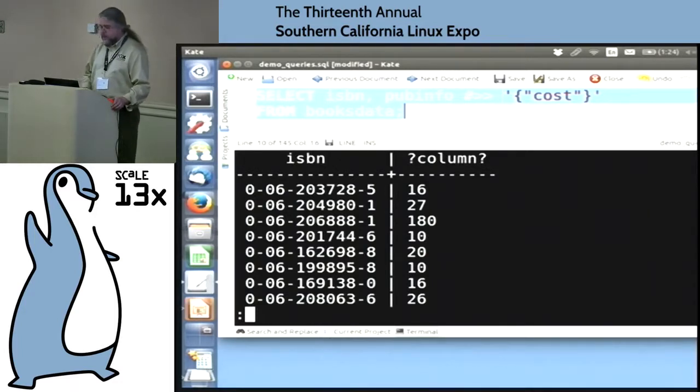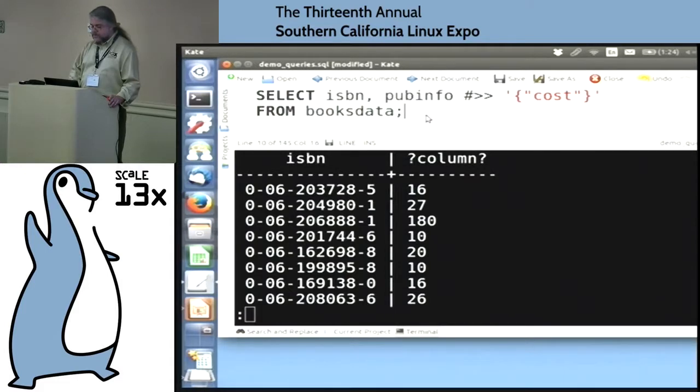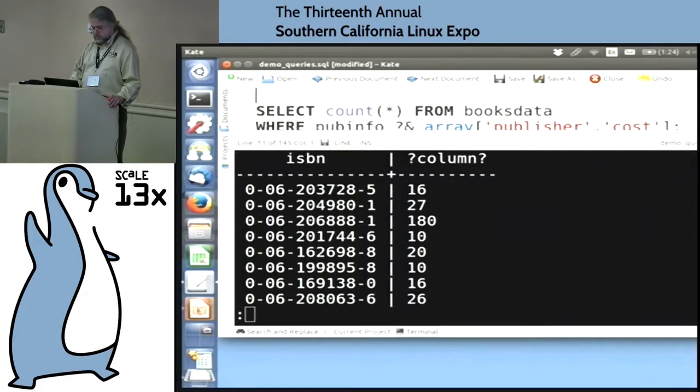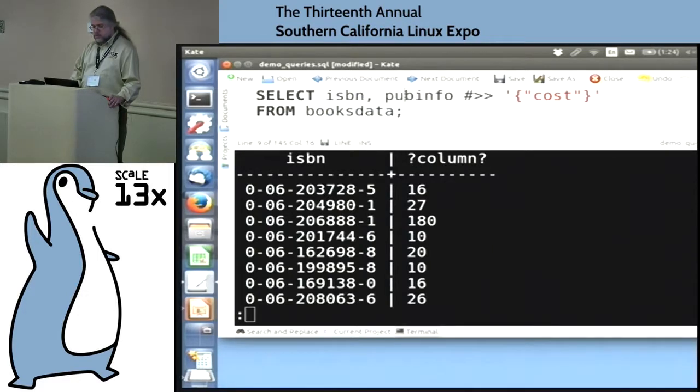So here we've got the ISBNs, and we've extracted all of the cost values out of all of those JSON blobs. One question on that. Is that going to search down through multiple higher levels, or is that just one? Yes, except that it would have to search down.